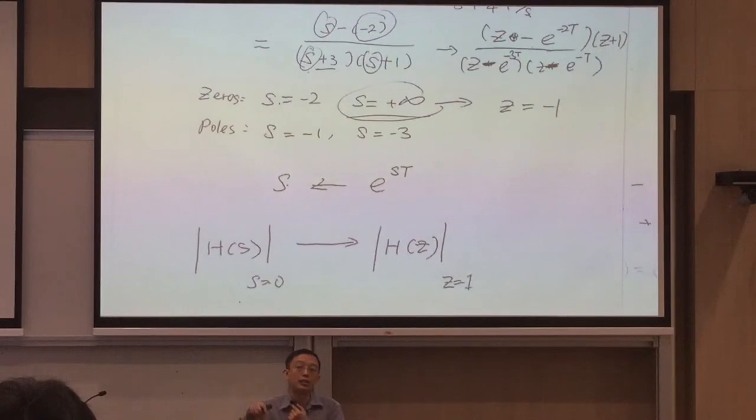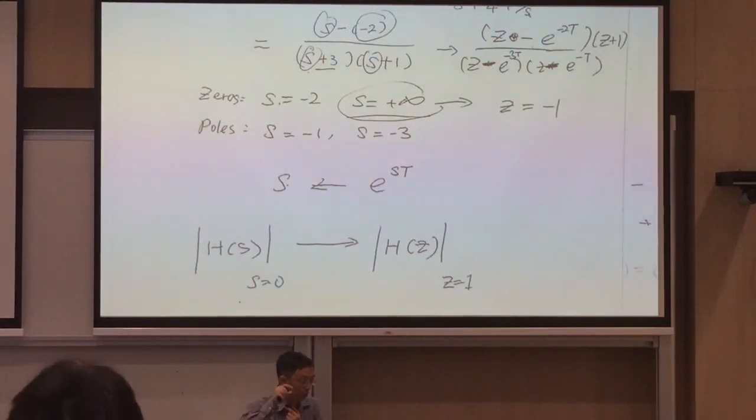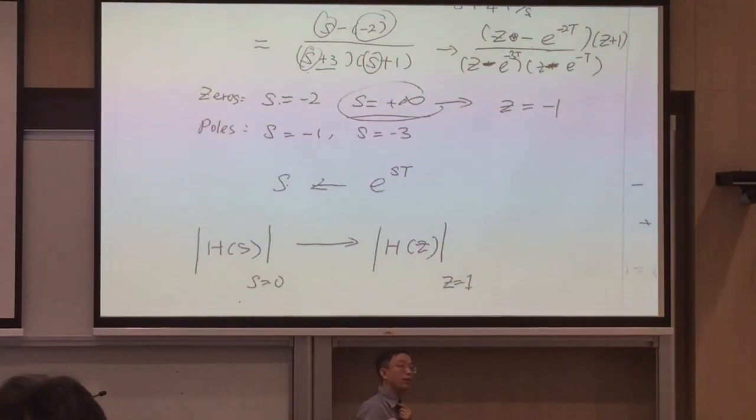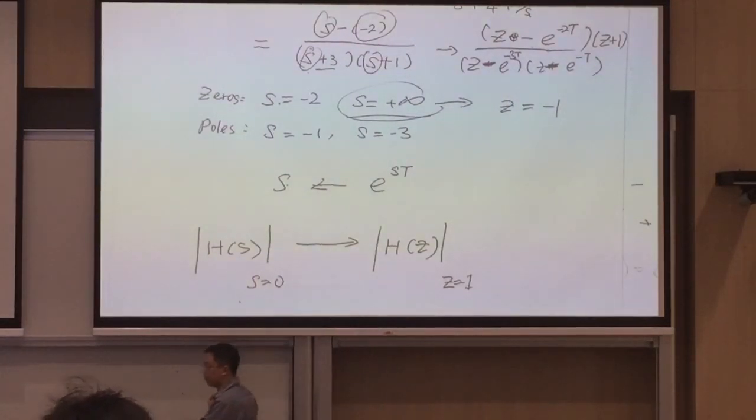So you only try the best to match the equivalence of zeros and poles. But because of the continuous to digital conversion, basically due to the sampling, discretization, quantization, and so forth, certain information will be missed and certain distortion will happen. So there is always a difference. It cannot be the same. Okay, so later